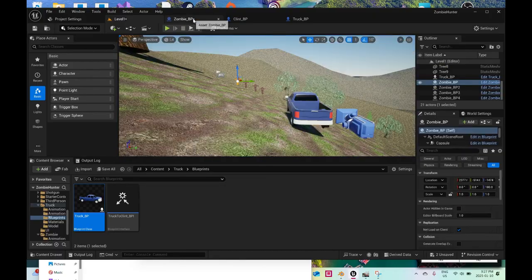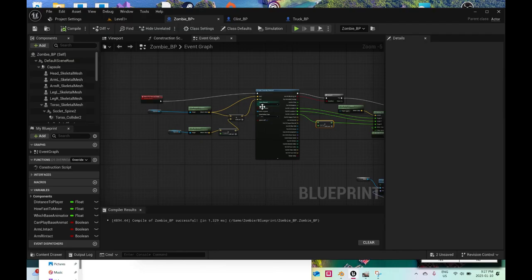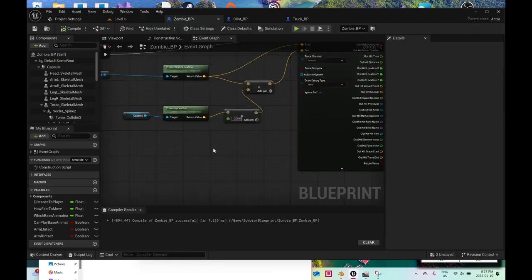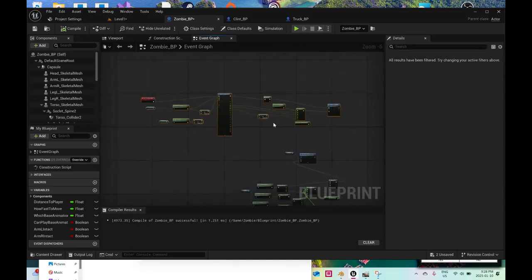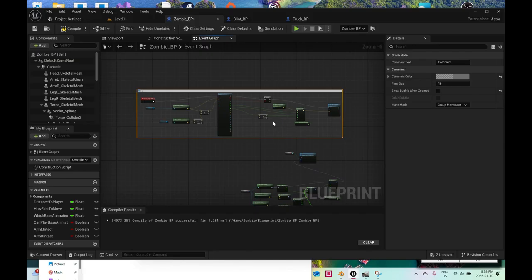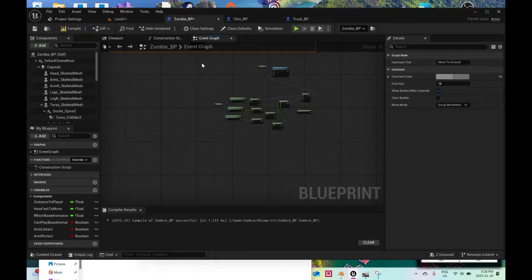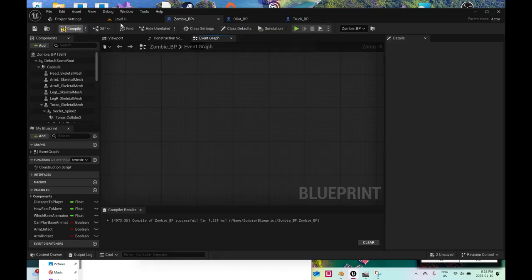It's because it's so high, this trace that I just created is not going down far enough, so I have to make it, instead of minus 200, I'll make it minus 1000. And also make this, move to ground. I can do it like this. Well,